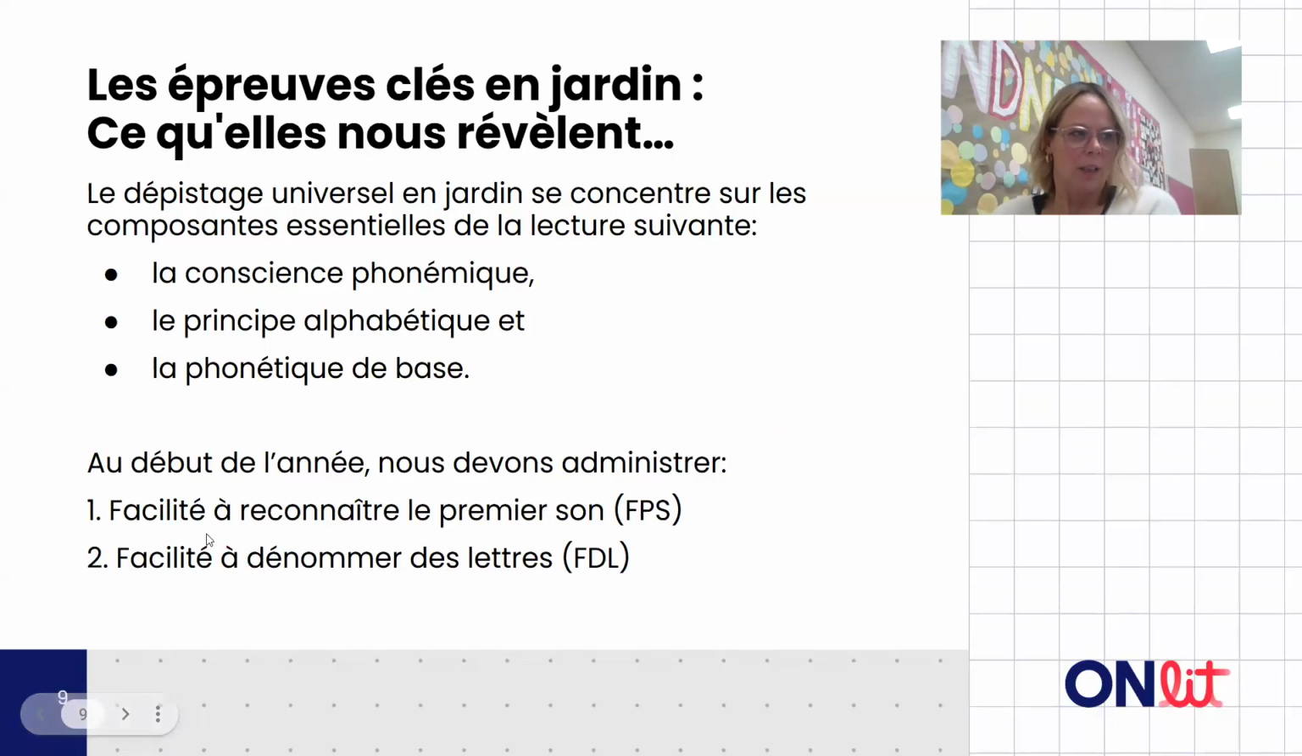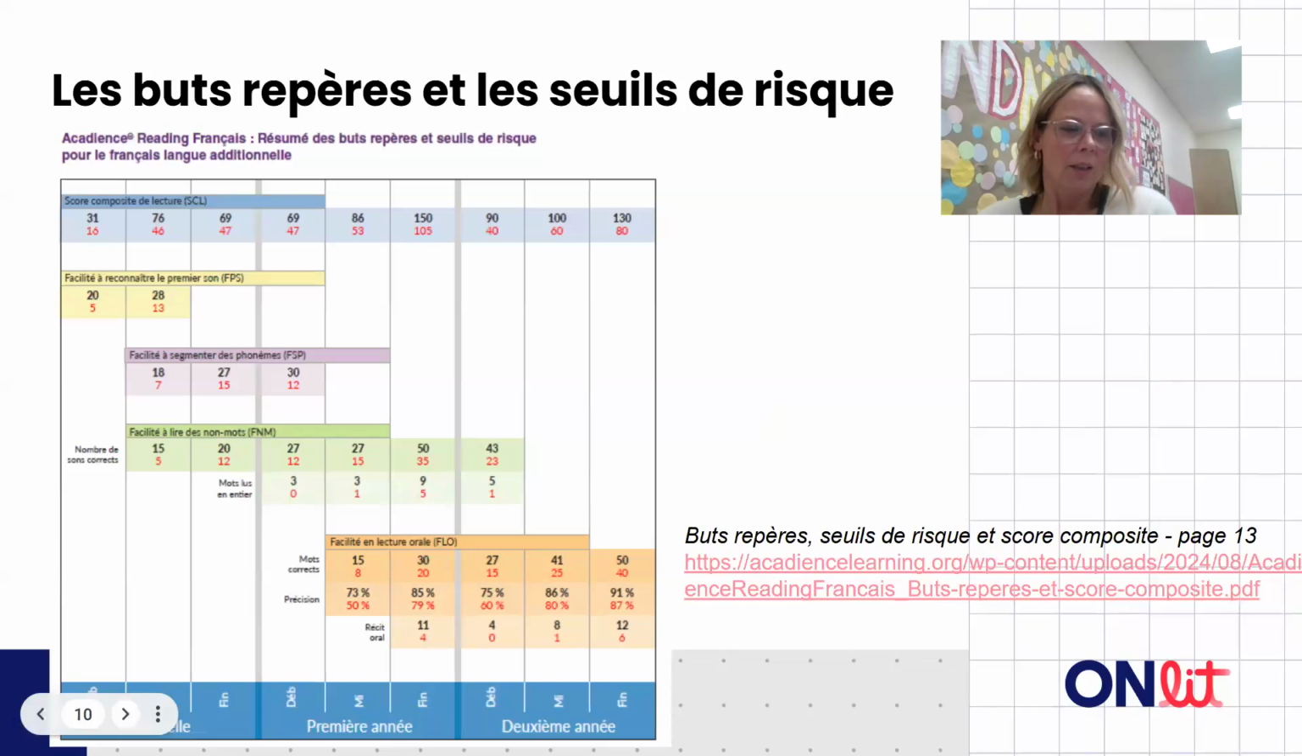Looking at the screener, the beginning of year screener really highlights some of that phonological awareness, alphabetic principle, and the basic phonics skills at the beginning of year, if you're using Acadience. So looking at the facilité à reconnaître le premier son et facilité à dénommer des lettres, and together those formulate that composite score. And looking at those benchmarks for beginning of year,